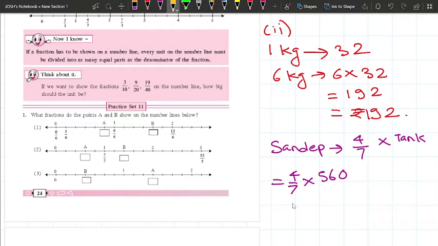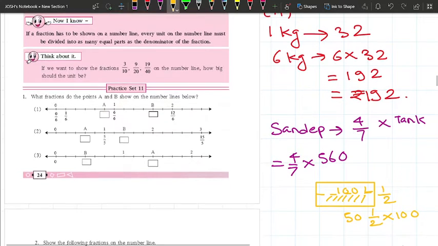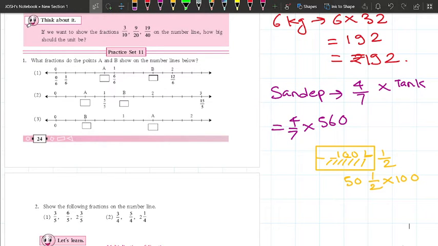See, say for example, this is a pond, and there is water filled here. You can say half of it is filled. If the capacity of the tank is 100 liters, so how much will be filled? 50 liters, right? Because half. So how did you do this? Half multiplied by 100, right? So similarly here also we can carry out this multiplication, half multiplied by 100.